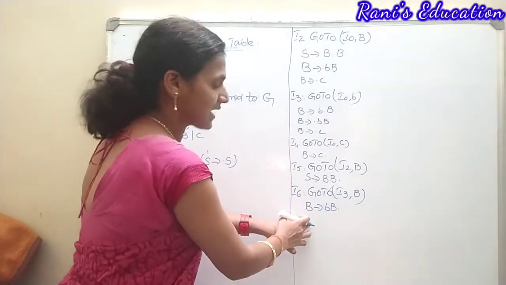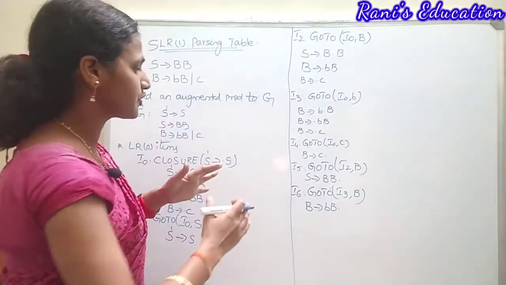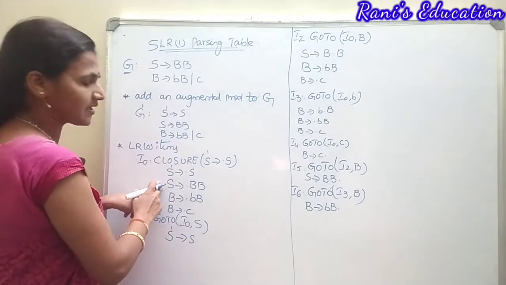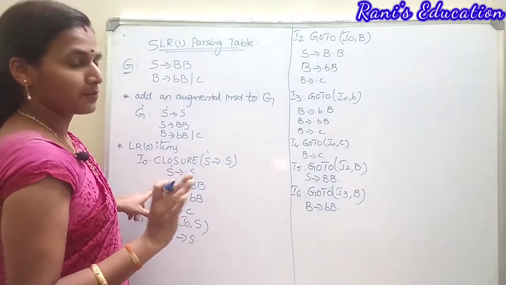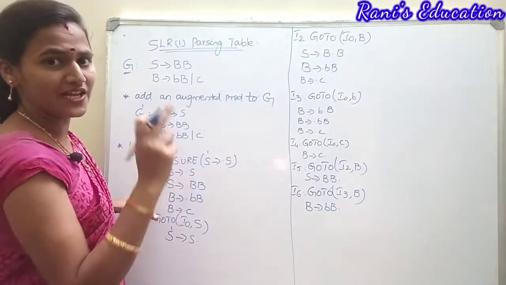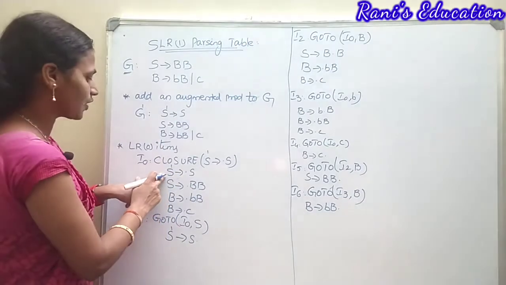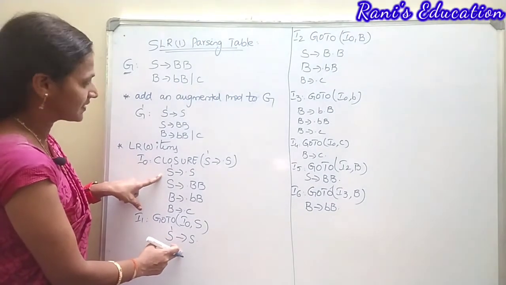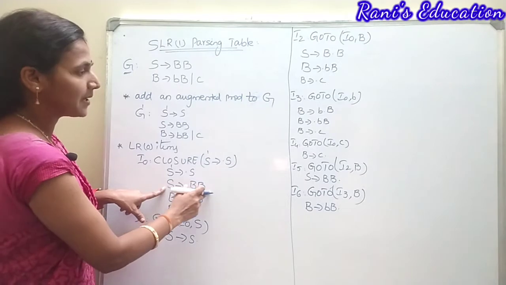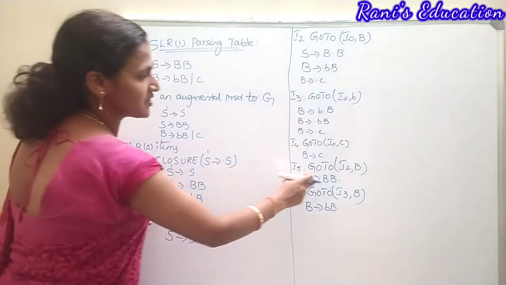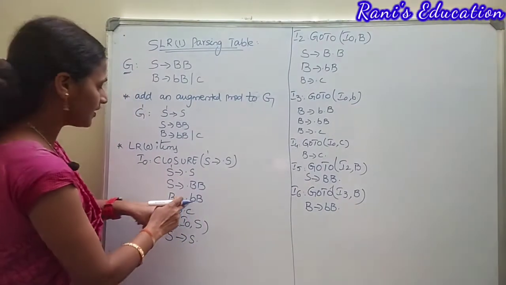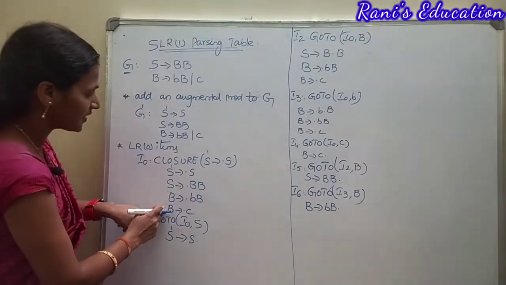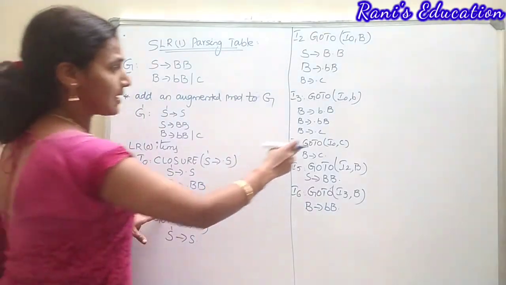Okay. Now once it is over, you have to check whether all the productions of I naught, the augmented grammar, are completed or not, by creating separate items for each and every production. Now take the first production of I naught. Is the first production completed or not? Yes, in I1 we have completed it. Go for the second production, S derives BB. Is this production completed? Yes, it is completed in I5. Go for the next production, B derives bB. Yes, it is completed in I6. Go for the next production, B derives C, which is completed here.